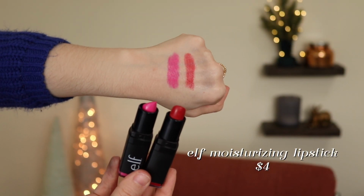I just love it. So for lips, I wanted to share a bullet lipstick, a liquid lipstick, and a gloss favorite. My favorite bullet lipstick formula would actually have to be the e.l.f. moisturizing lipstick. I have 2 shades, Red Carpet and Flirty and Fabulous. This is a great, comfortable lipstick formula. And I actually have 2 bold shades, and I'm sure it would be great in a nude shade as well,